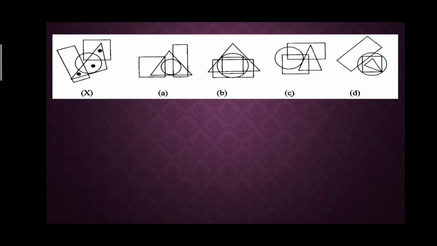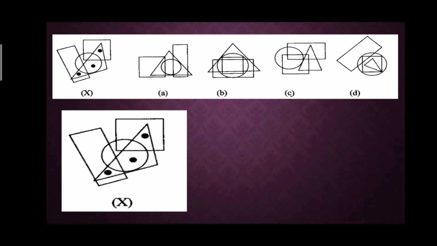Now in this question I have taken three dots, a question that has three dots and four figures. A little bit difficult but also easier than the others. How? We'll see. Now in this question again I'll do the same thing. I'll mark the dots in different colors. Now the first dot is represented by this pink dot. The pink dot represents a circle and a triangle. As you can see, the pink dot is inside the circle and the triangle only, right?